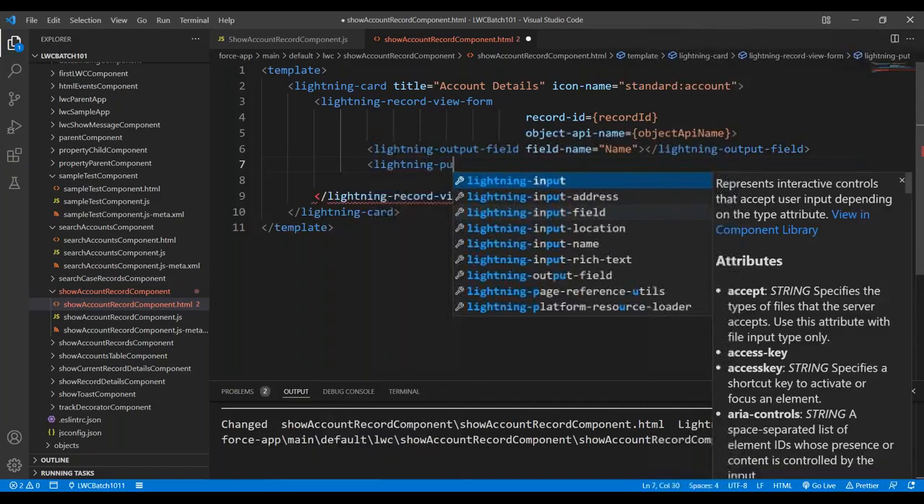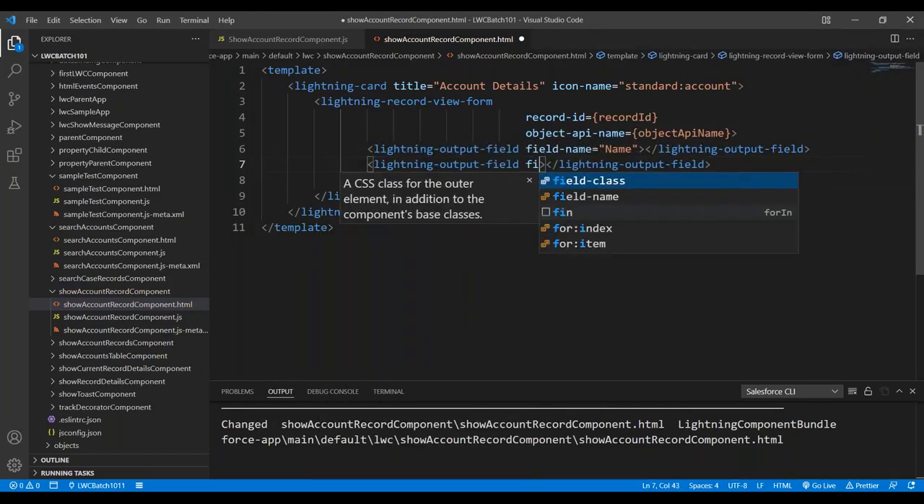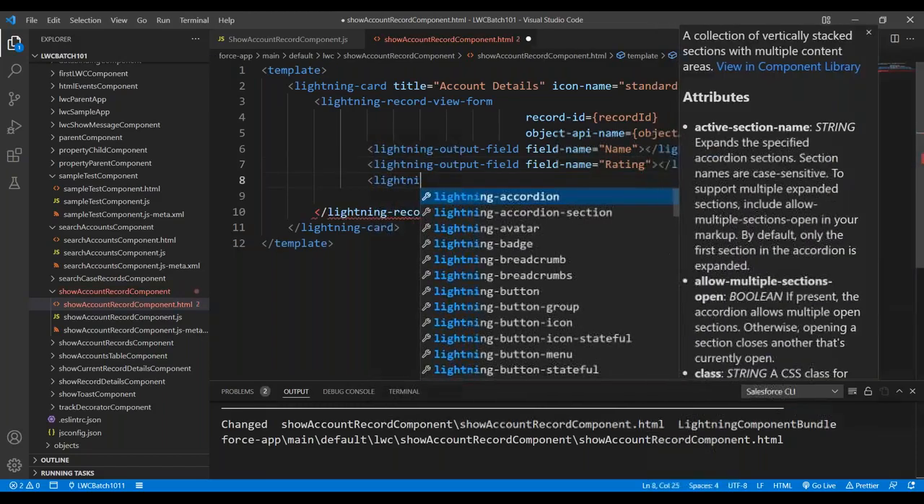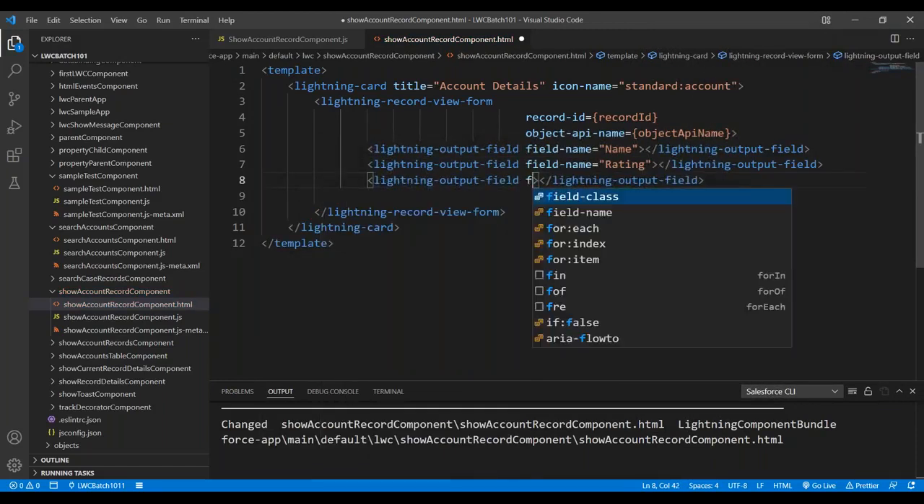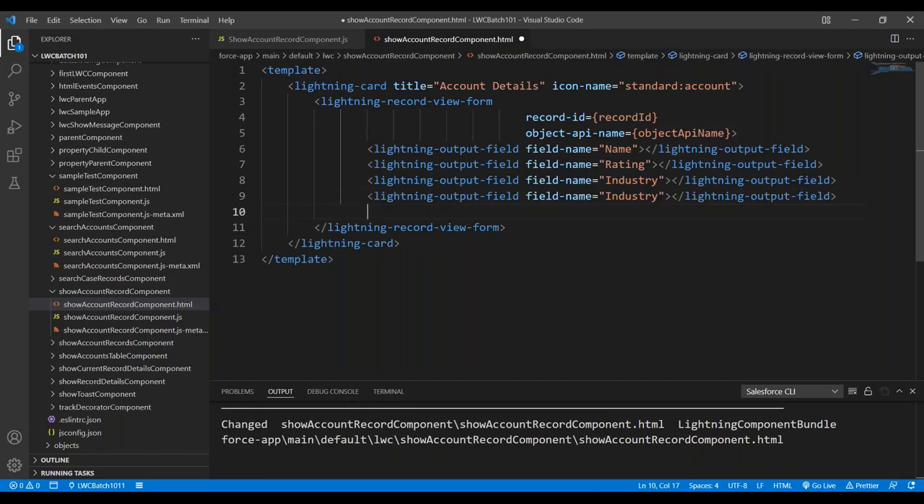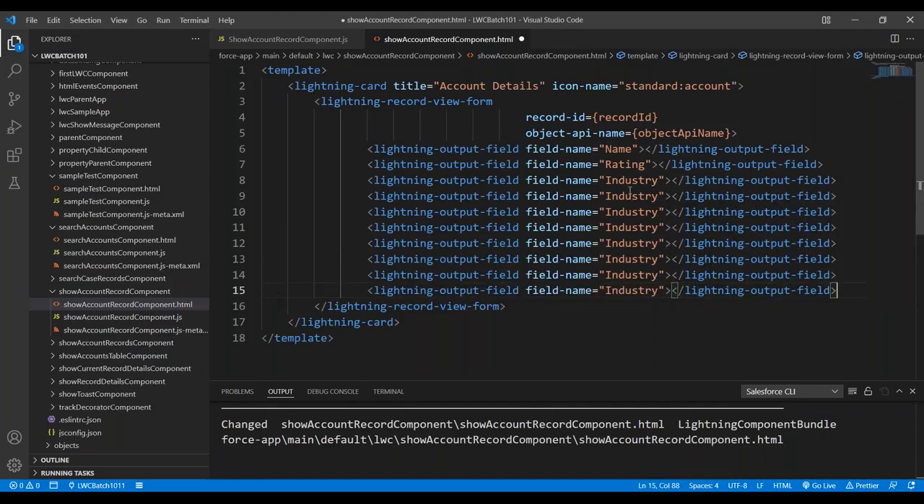Lightning output field. We can specify the field name equals to rating field. I would like to represent the rating field value. Now, lightning output field, name equals to, I'm indicating industry. Now, similarly, I'm representing the fields. Now I would like to specify the industry,